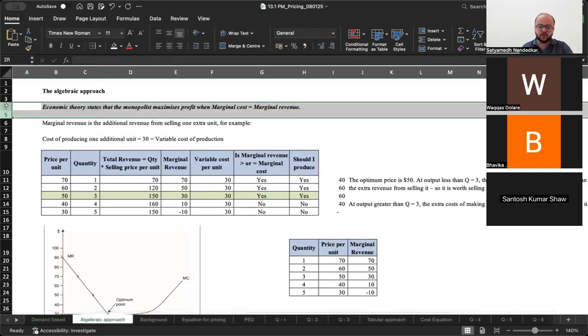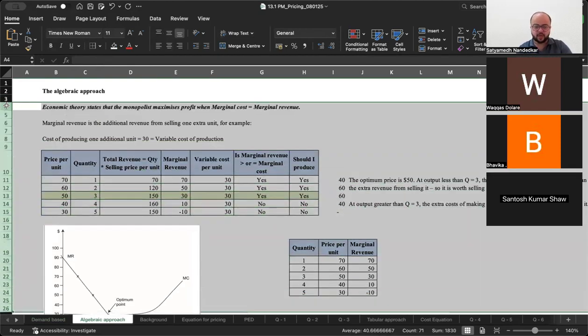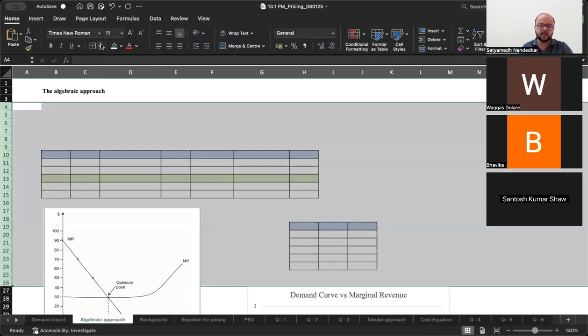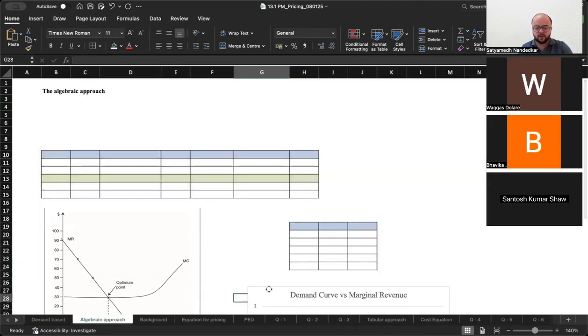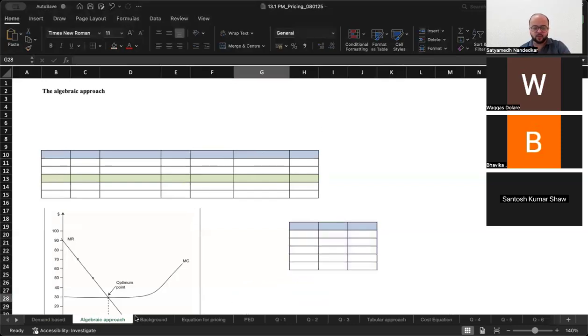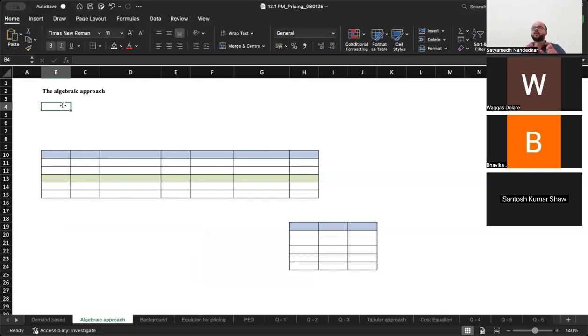Now we are going to look at the economic approach or the algebraic approach. What we just saw, what economists were saying, to that we are now going to give an algebraic twist and understand how these things specifically work. Okay, so be with me. Algebraic approach means the equations approach. So economic theory